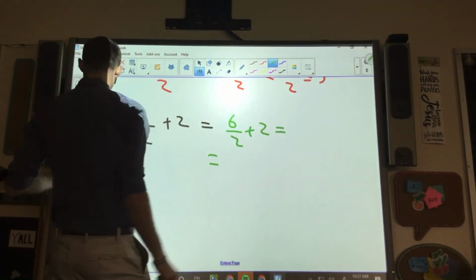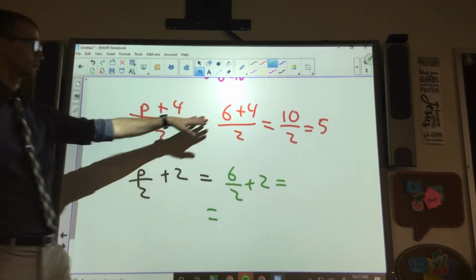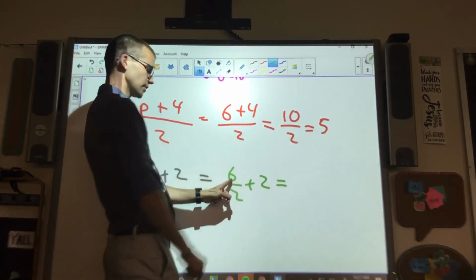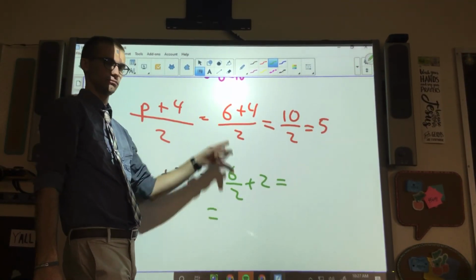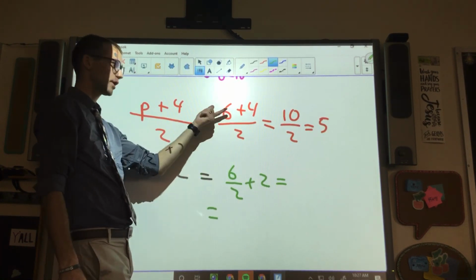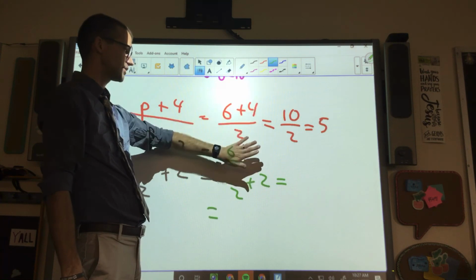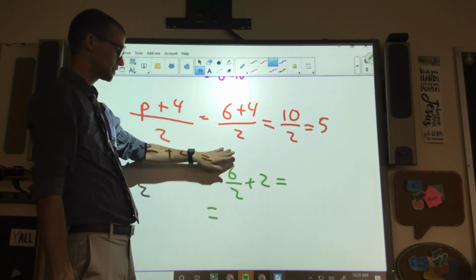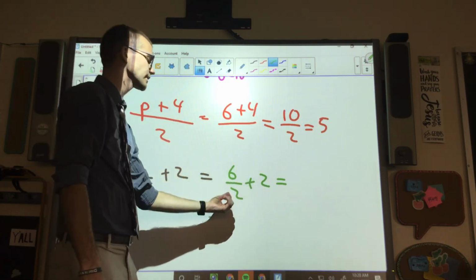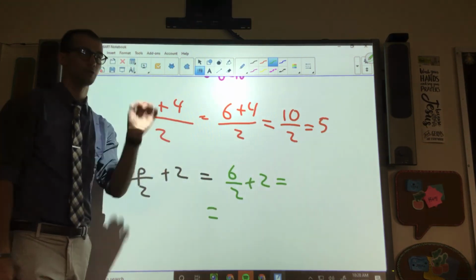This is the difference right here. Look, both of these are on top here. This is the only thing on top here. There's a difference. Here the problem said 6 plus 4 and all that divided by 2. Here this said 6 divided by 2 and then it said add 2. You need to pay attention to what